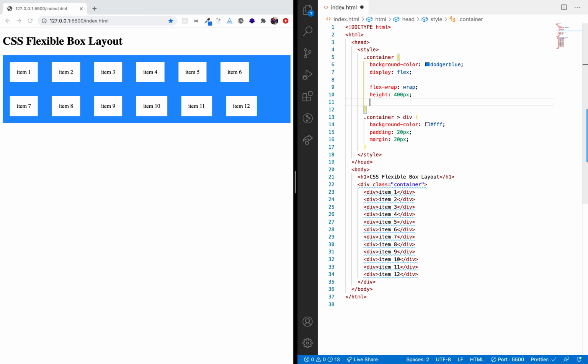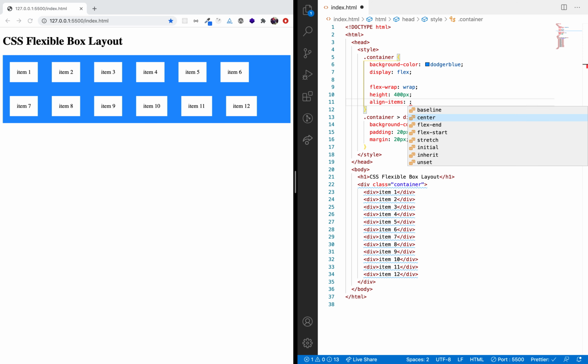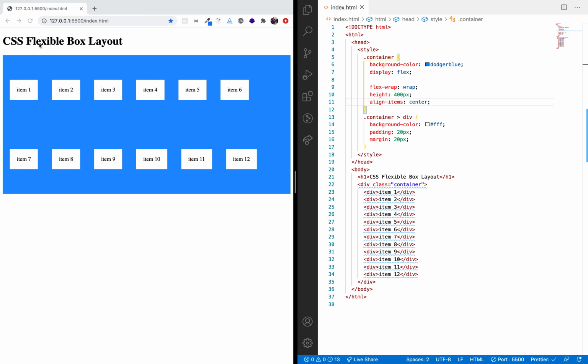So we can use the align-items property here. I can give align-items center. As we were using space-around for the horizontal, we can use align-items center for the first line and second line. We have more properties here.